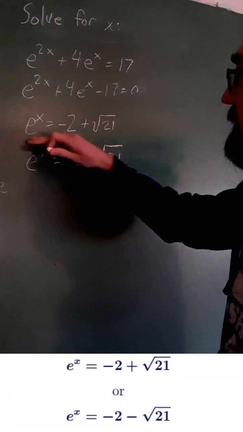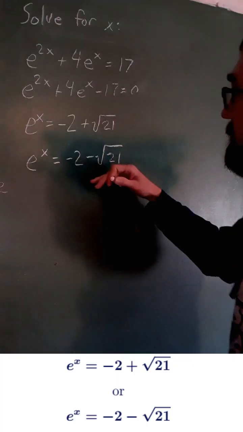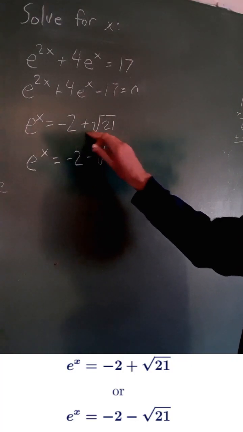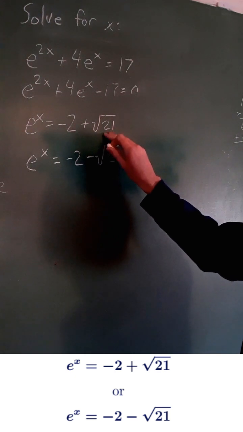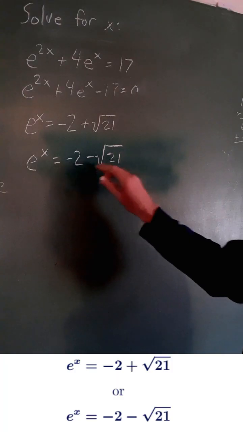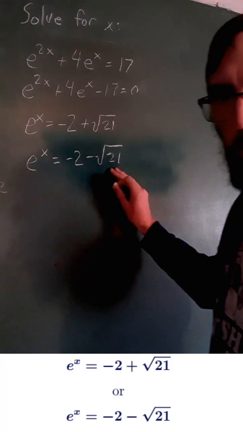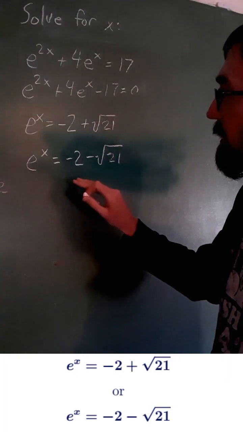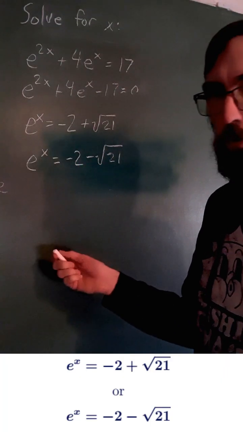I've split this e to the x into its two values that it can take on. We can have negative 2 plus the square root of 21, or we can have negative 2 minus the square root of 21. To solve either of these for x, we're going to have to take the natural log on